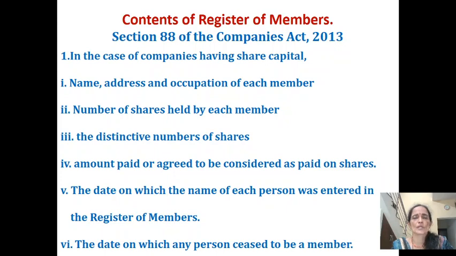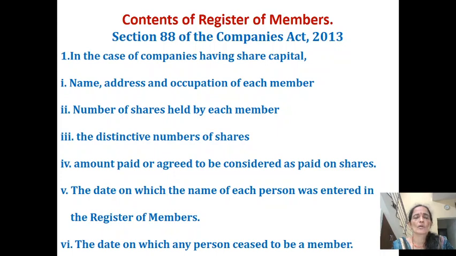So this register gives the details of the members. It contains particulars relating to the members, number of shares held by them, the date on which they have been admitted as a member of the company, and the date on which their membership has been terminated. All such details are given in this register. So as per section 88 of Companies Act of 2013,